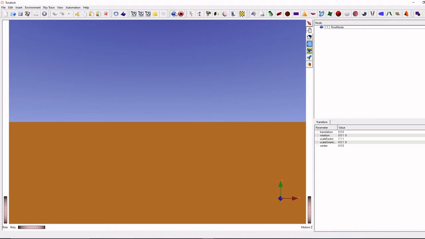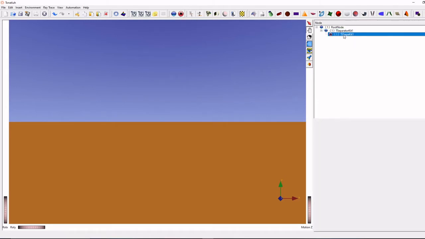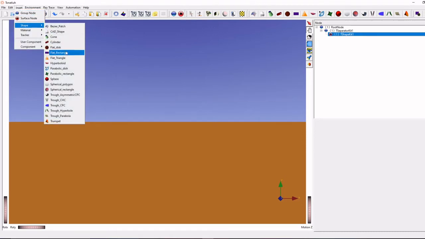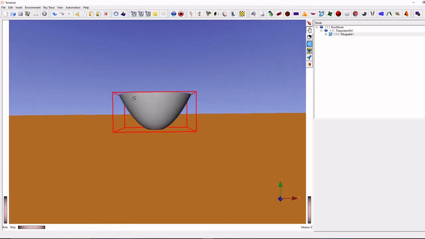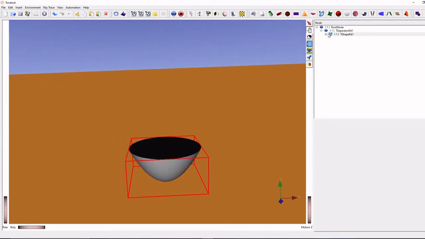Same thing, first click group node and next surface node. On the surface node click generator, click surface node and go to insert shape. Ours is concentrated. Here you can see parabolic dish. Just click. Yeah, the dish is generated.